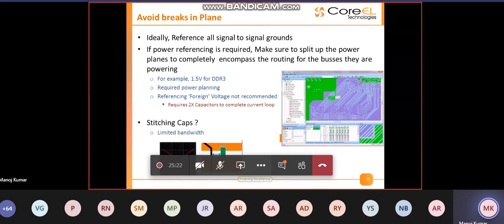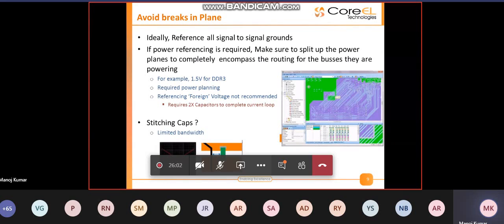The other challenge with stitching capacitors will be when there are multiple traces routed next to maybe one stitching capacitor. So all the other multi-trace return paths will also pass through the same stitching capacitor. Okay, now the resulting current at that point of time will be much higher. That means that you will see something called crosstalk in return current.